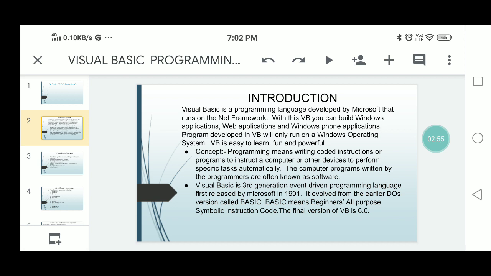VB is a user-friendly programming language that is designed for beginners, and it enables anyone to develop graphical user interface Windows applications. This is a graphical user interface Windows based application software. So what programs can you create using Visual Basic 6.0? With Visual Basic 6.0, you can create any program depending on your objective.